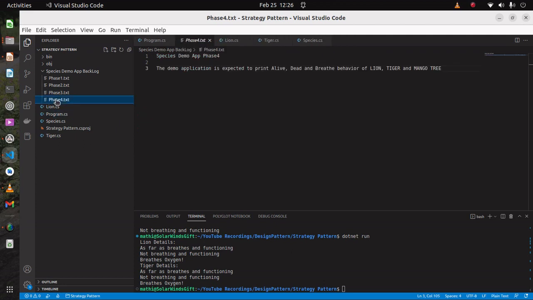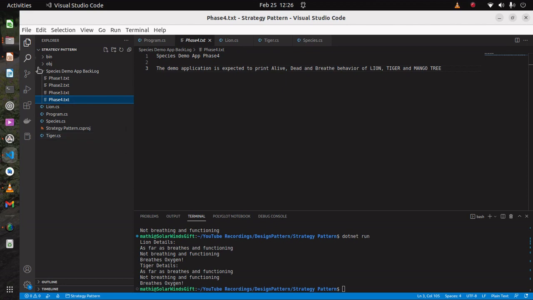Species demo of phase 4. This application is expected to print alive, dead, and breathe behavior of lion, tiger, and mango tree. For lion and tiger we have already done the code, and we have to introduce one more species, mango tree,